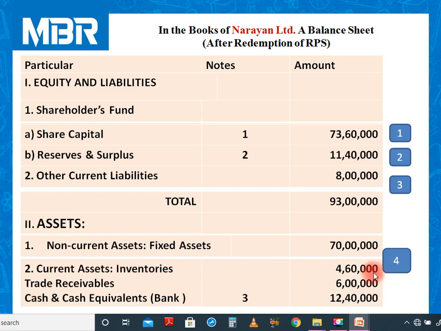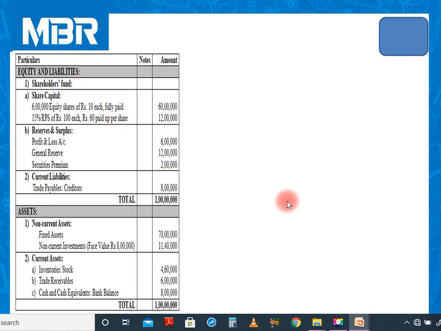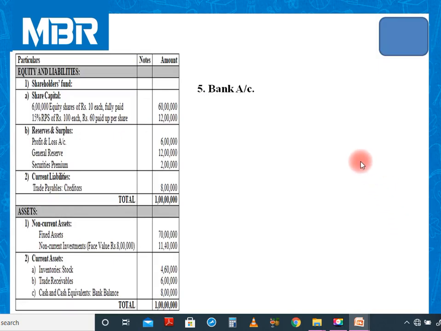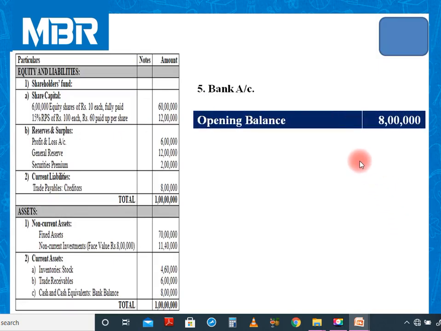Inventories 4 lakhs 60,000. Trade receivables 6 lakhs. And calculation required for cash and cash equivalents, that is a bank, 12 lakhs 40,000. Just check your calculation. Inventories 4 lakhs 60,000 given over here, that we have directly inserted in the balance sheet. Trade receivables 6 lakhs rupees written over here, that we have directly inserted in the balance sheet, that you can check over here. And last item, that is a bank account, we need to calculate our bank balance because